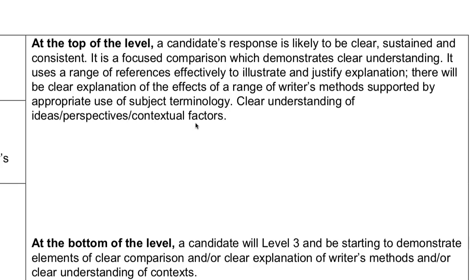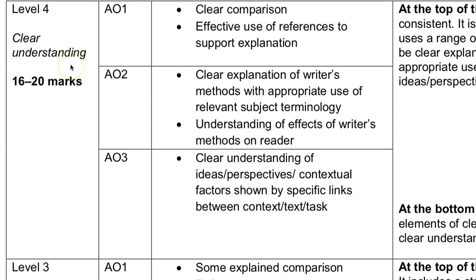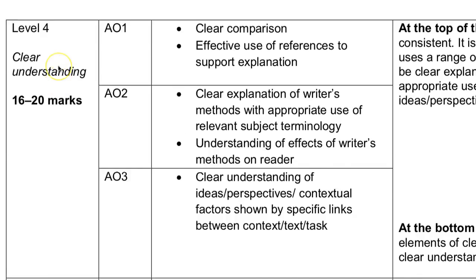So suddenly I've got a route into this exam to control the way the examiner thinks and force the examiner to put me higher up the mark scheme. Because if I write about the structure and form, I am going to be better than clear understanding. That means I'm going to be better than 20 out of 30 marks. That means I'm going to be better than 66%. Now, 66% is a huge grade. It means I'm going to be on for a grade 6 as long as I convincingly write about the structure